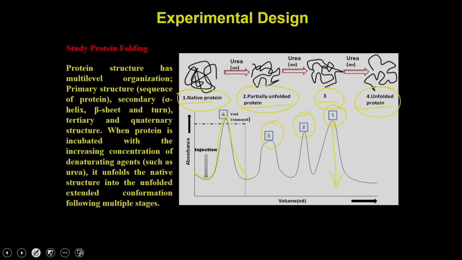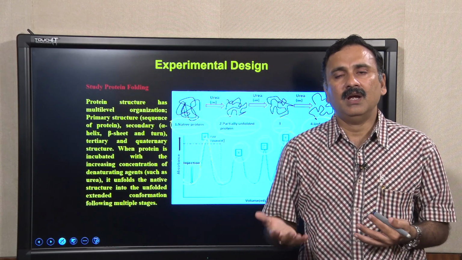So, as per the native positions, the 2 and 3 are going to give you the intermediate positions, and the 4, which is actually the unfolded protein, is going to be present in extended conformations. So, that will be completely excluded from the column and it will be present in the void volume. So, that is the way you can design the experiment and ask the question